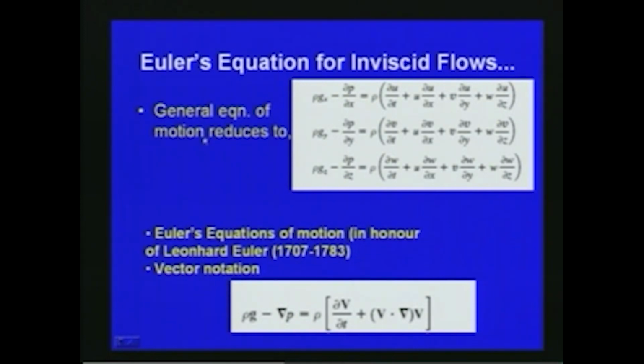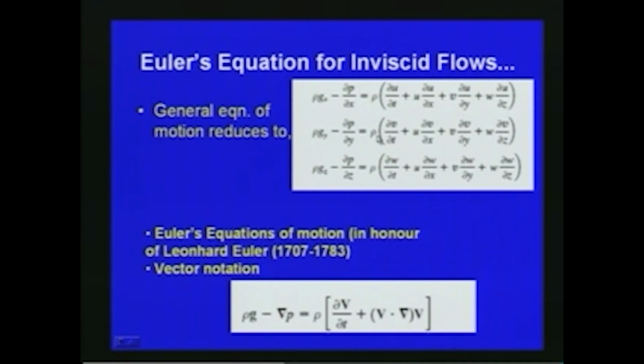So the general equation of motion in the x direction can be written as rho g x, that is the body force, minus del p by del x, the pressure gradient in the x direction, is equal to rho into del u by del t plus u into del u by del x plus v into del u by del y plus w into del u by del z, and in the y direction we can write rho g y